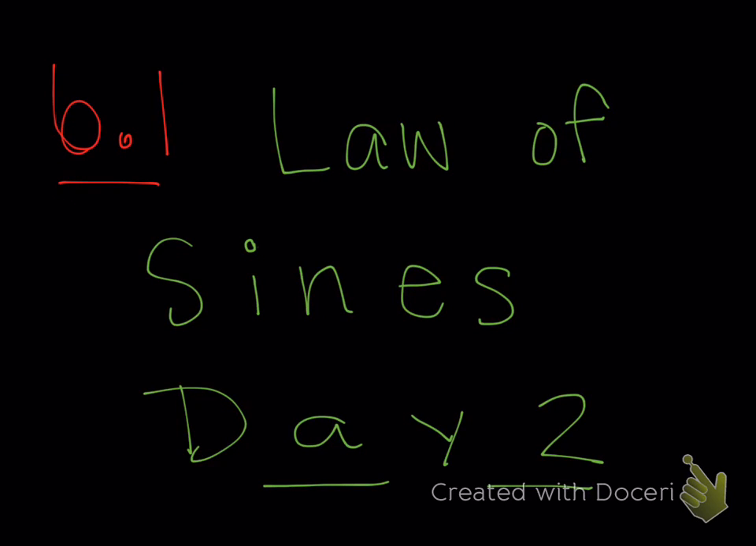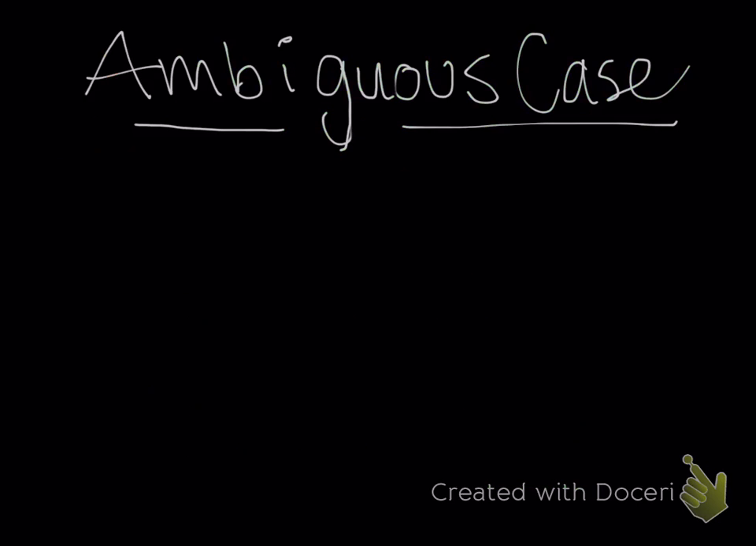Today we're doing section 6.1, Law of Sines, day 2. Today we're going to talk about the ambiguous case, and that means we're talking specifically about triangles that are side-side-angle. When we are dealing with triangles that are side-side-angle, there are 3 possible scenarios,